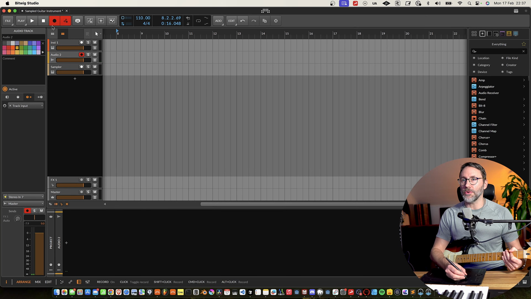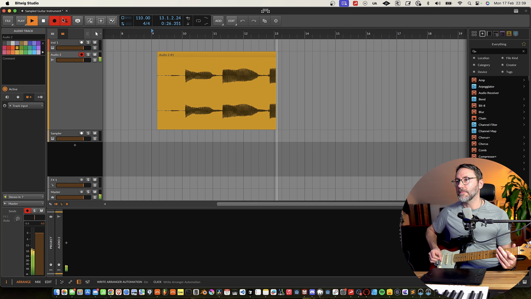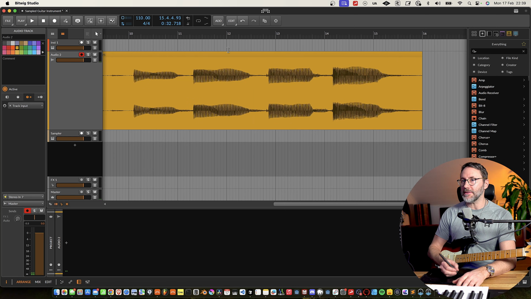Depending on what kind of instrument you're recording, maybe it's a piano, or maybe it's a guitar or a synth, you might want to record different pitches. But out of convenience today, I'm just going to record a single A pitch here, but with different velocities. So in Bitwig, we're just gonna hit record and play, and I'm gonna start with the soft strikes and then go harder. Yeah, great. So now we have 4 different velocity layers.